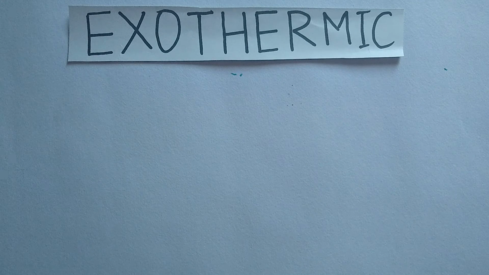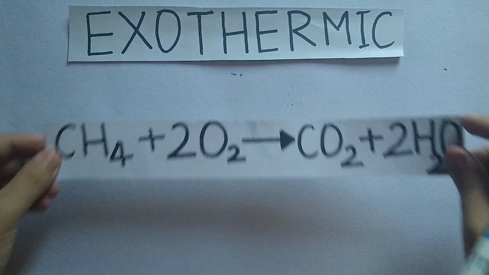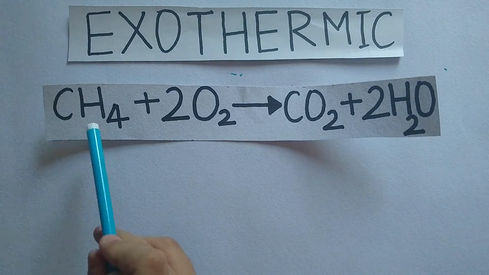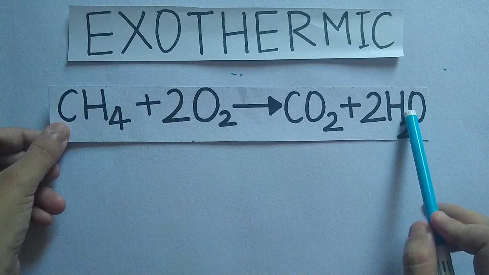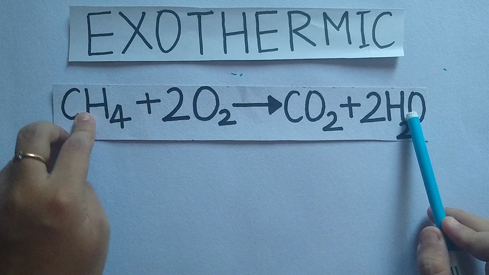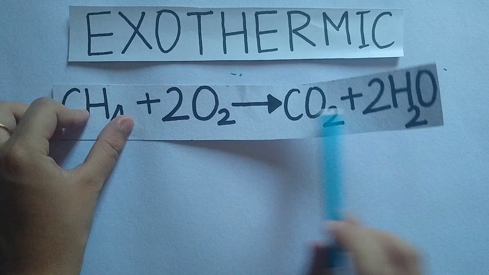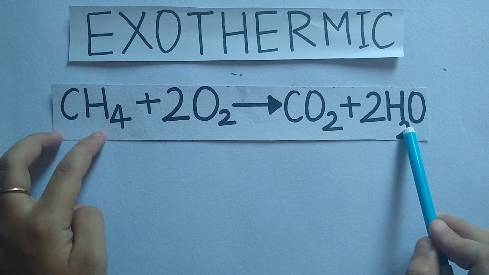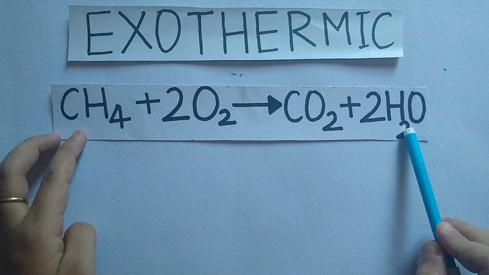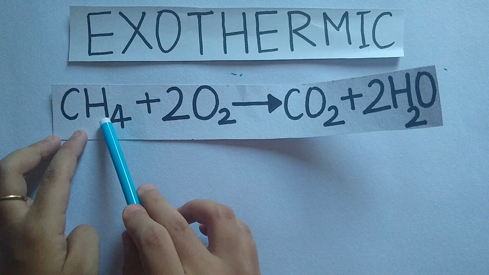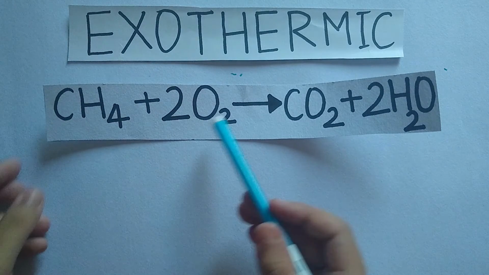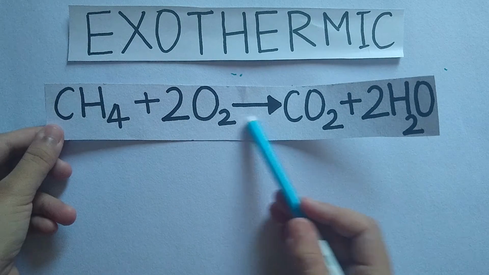Now we take another example of burning of natural gas. Here we have CH4, which is the chemical formula for methane, reacting with oxygen to give us carbon dioxide and water. Now this is also a form of fuel, alright? Natural gas. So we are also talking about a form of fuel which is reacting with oxygen to give us